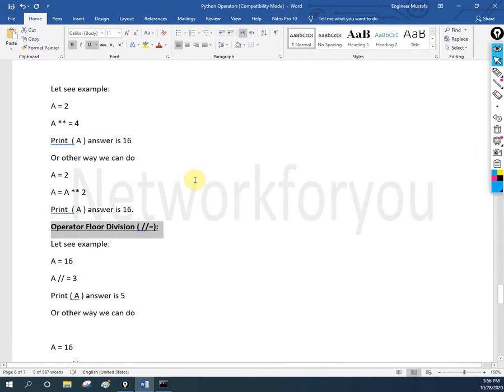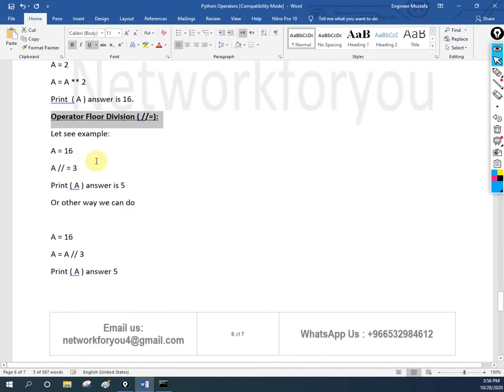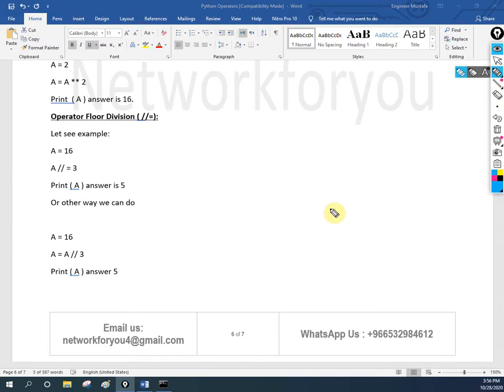So this one is floor division. As we discussed last time, this will round off. So how will we represent it? We will write a is equal to 16, and if you want to do the floor division, what you will do: a, space, then whatever that operator, then is equal to, and the number you need to divide with. We can write it in another way also. How can we write it in another way? We can write a is equal to a of 3, like this also we can do. Let me assign a is equal to 16, and then do this one.